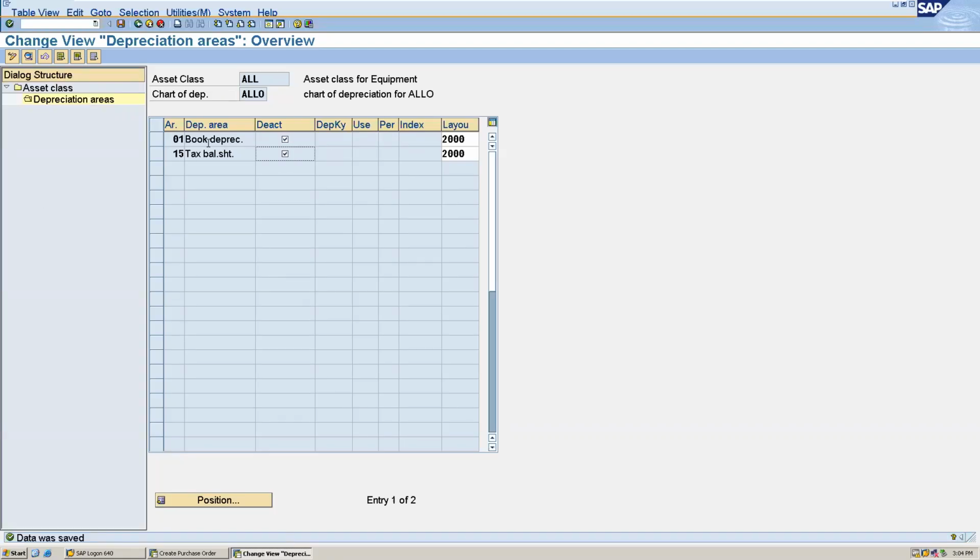This means that the book depreciation is on the straight line method, and also the tax depreciation is on the written down value method. So we can see the difference of these. Okay, that's why we are giving the depreciation key Y for 01 and also Z for 15. So we will be able to see the difference between the two methods.